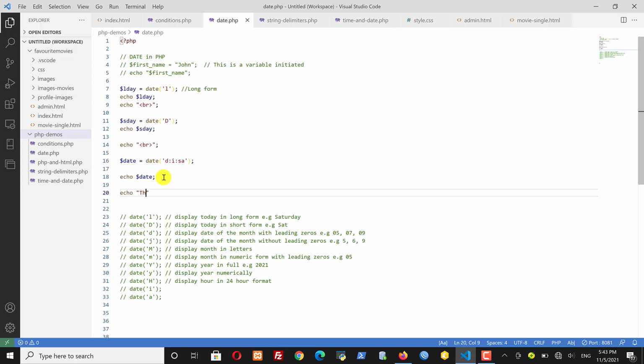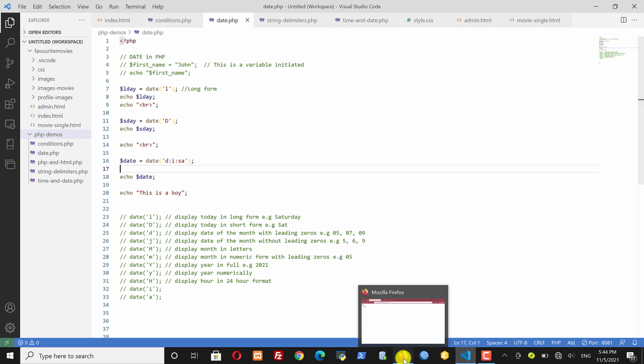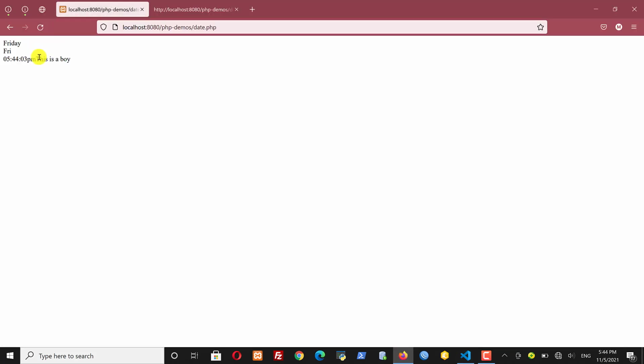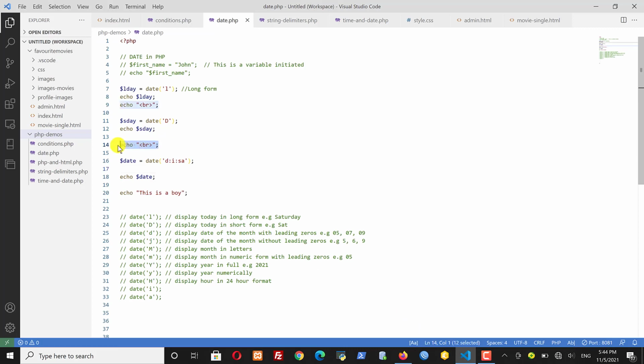So if I want to explain this is a bug, you see guys, just make sure you use the echo to do anything. Echo, I love my mom, I love my dad, anything guys. And don't forget to put the semicolon at the end of every line, otherwise PHP will not understand how to go to the next line. I'm sure you know the reason why this came up, because I didn't separate it using the break. So guys,